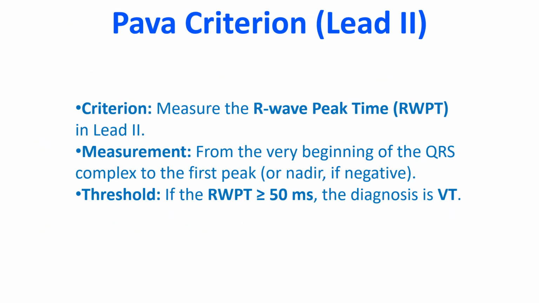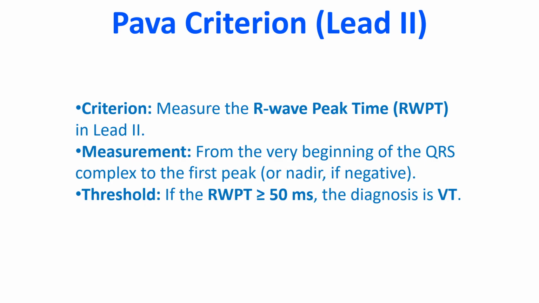Pava and associates introduced an ultra-simple method focusing on lead II. It is based on the principle that VT originates in the muscle, with slow conduction, while SVT uses the specialized conduction system, with fast initial conduction. Criterion: measure the R wave peak time in lead II, from the beginning of